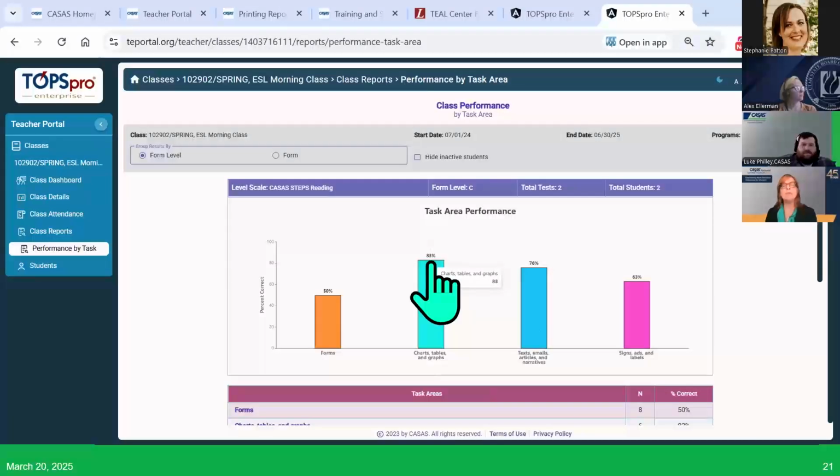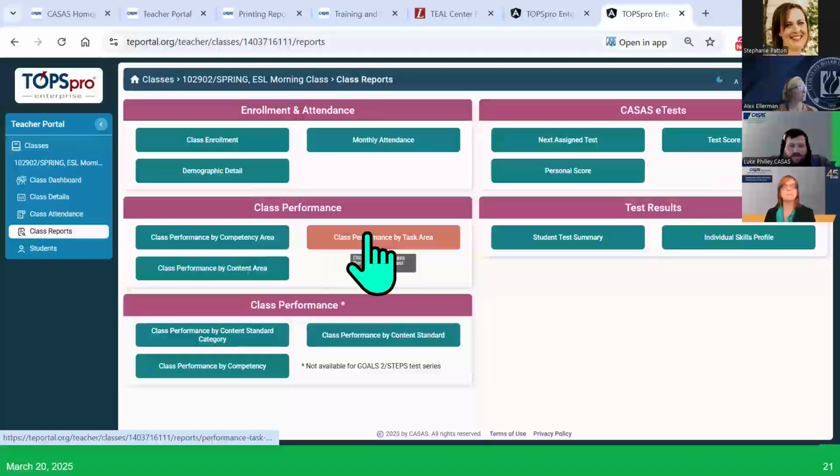And I might use charts and graphs to teach them how to understand a different skill standard. I might build on their ability to read texts and emails and articles,